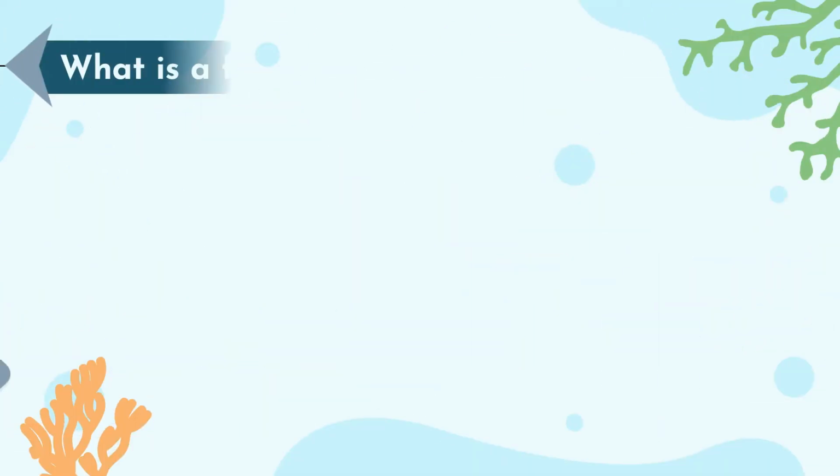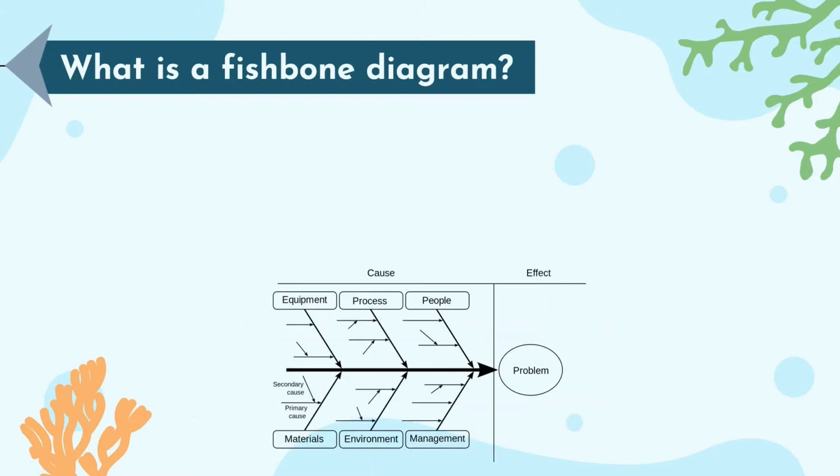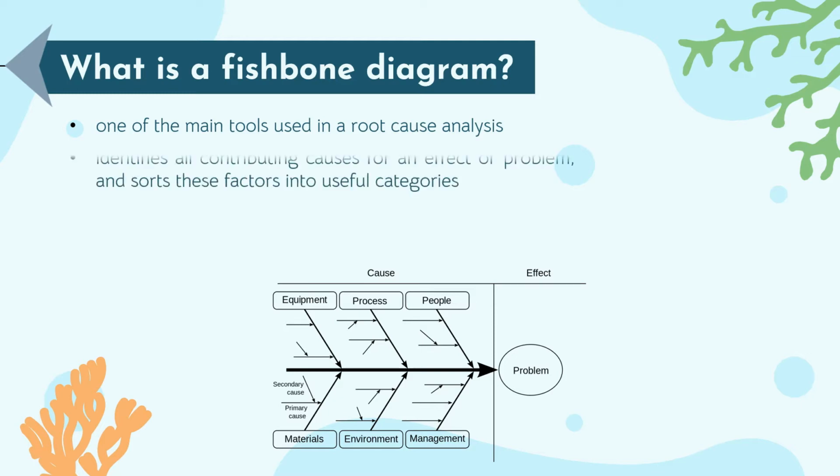So what is a fishbone diagram? A fishbone diagram is one of the main tools used in root cause analysis for problem solving. It is a graphical illustration of breaking down all contributing causes to a certain effect or problem by sorting these factors into useful categories. With this, one can easily determine which issues have to be addressed in order to avoid